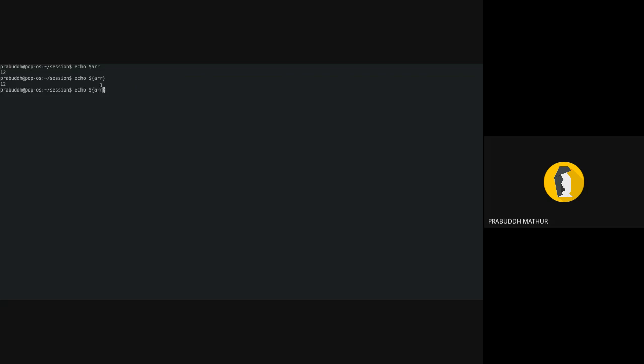But if I were to do this without the curly braces and the at the rate, it will just print the literal at the rate at the end. It is not interpreting that array. It will print this as one variable, and then this as a literal string. For bash to work and print everything that is in there, we need to put it in curly braces.